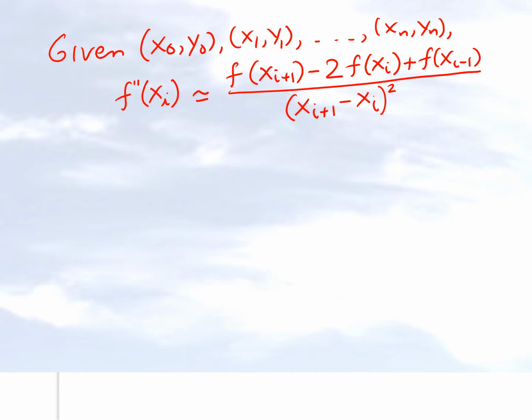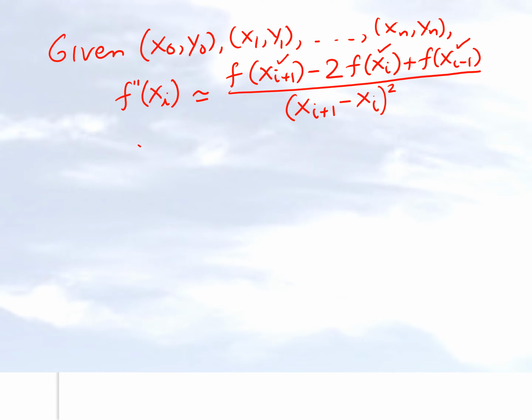Now keep in mind that this is the same formula which we use for the second derivative of a continuous function. But you've got to understand that when we are finding the second derivative of a continuous function, the value of the function is given at all the points which we need in order to find the second derivative. So what is different is that now, since the value of the function is given at discrete data points, you have to have the value of the function at this point, and the point where you are trying to find the second derivative. Those have to be available to you.